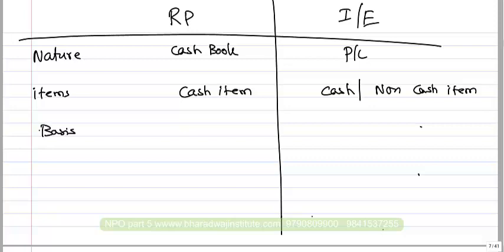Just to recollect before we go for the next one. Receipts and payments account is prepared on what basis? Cash basis. What do you mean by cash basis? Collected, paid within the current year. Is it collected for current year, last year? We are not bothered. We record total collection. In receipts and payments account, collection for last year, collection for current year, collection for next year, everything is recorded.